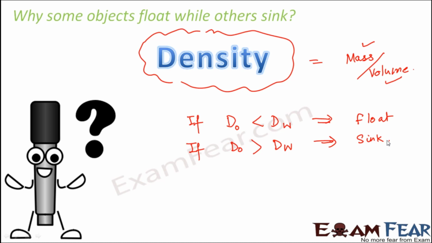So how can the design control the density? Because the design can control the area and volume of the ship. By controlling the area and volume, you can actually manipulate the density. That is why you would have seen that ships or boats have a specific shape, and that's how they are able to travel through water. So density is the main concept behind flotation of objects. That is why some objects float while other objects sink.